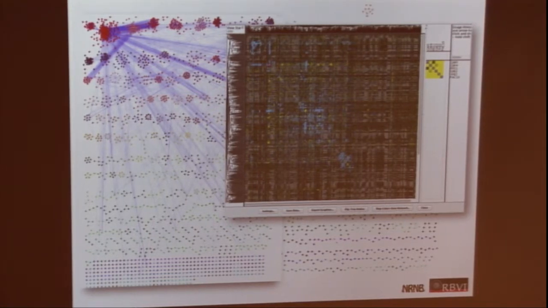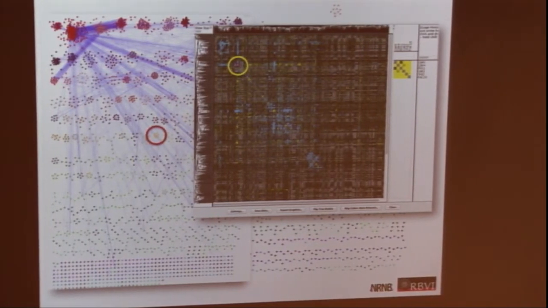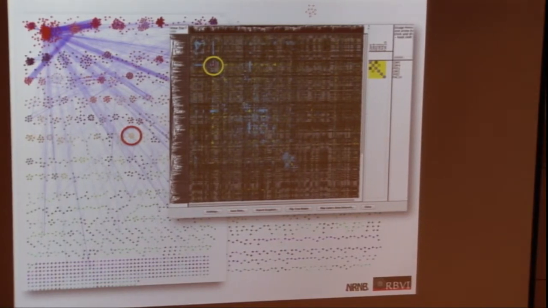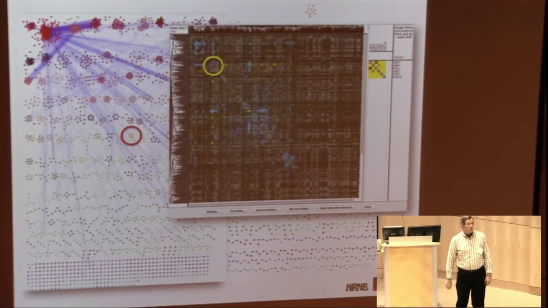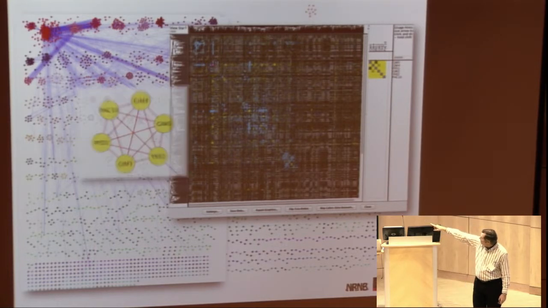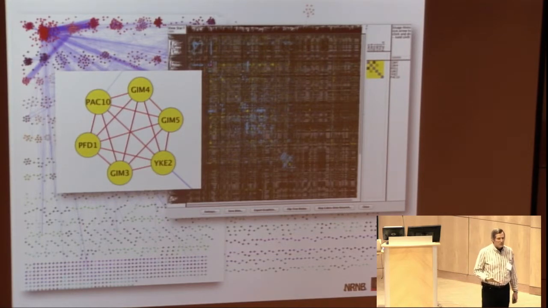If I then take and highlight in my genetic interaction data a cluster, these are tightly interacting genes. These are both yeast, by the way. You can see that highlighted. This is the pre-folded complex. And lo and behold, down there, those same genes are highlighted in the protein-protein interaction. And now I have two different ways to say, yep, these are tightly bound.